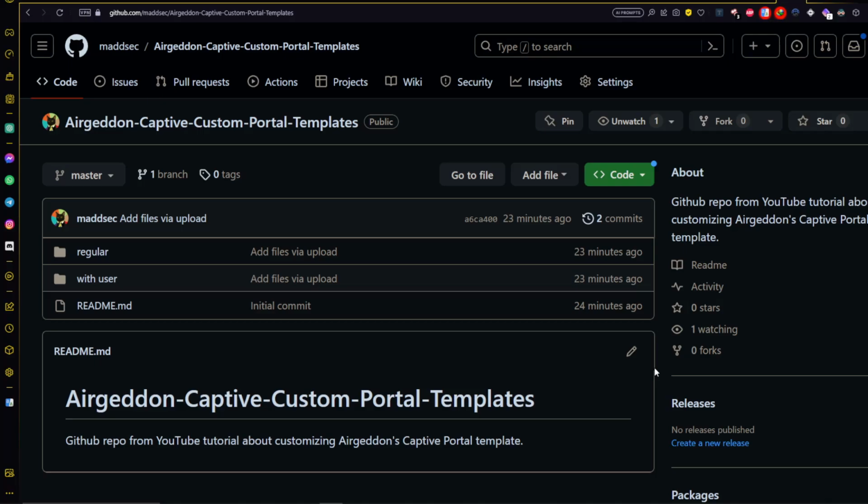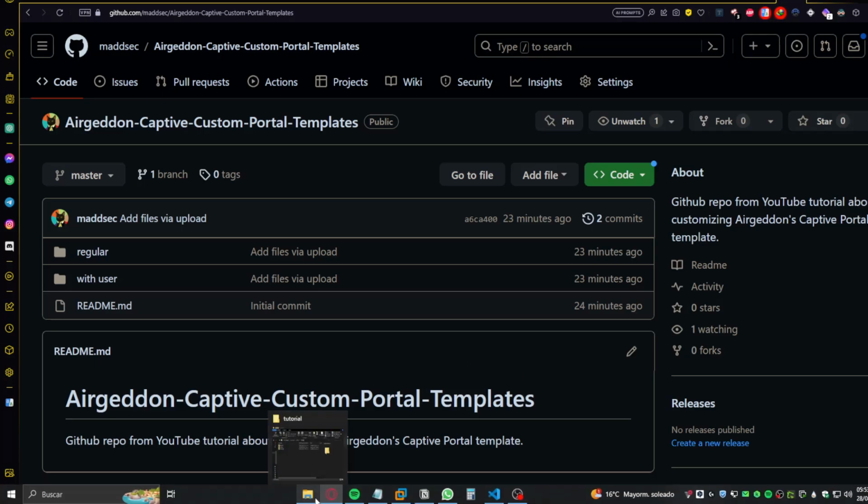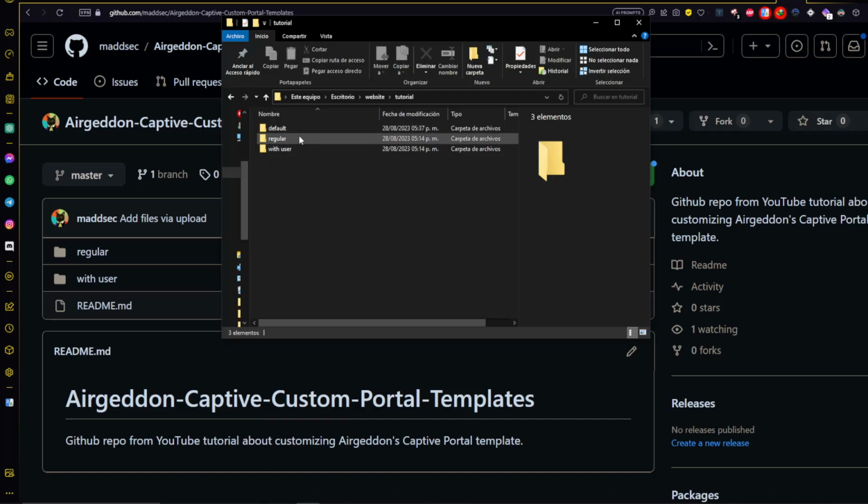I'm gonna be updating it, so when the video is uploaded, you will see it with all the necessary information. Now, there's just one folder left here, which is the default portal, which we're gonna be reviewing, right? So,